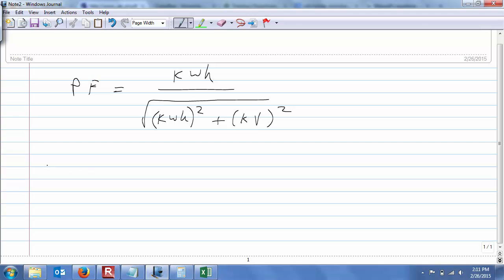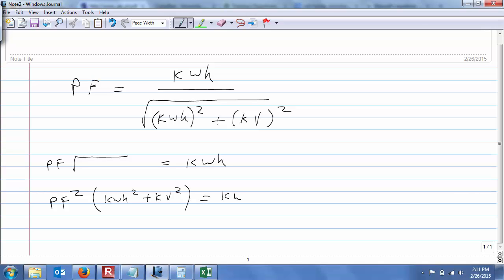Well, it wouldn't, because it's part of a separate function. It would only cancel if it was out in front of that square root symbol and it was by itself. So let's do this: power factor squared times kilowatt hour squared plus KV squared